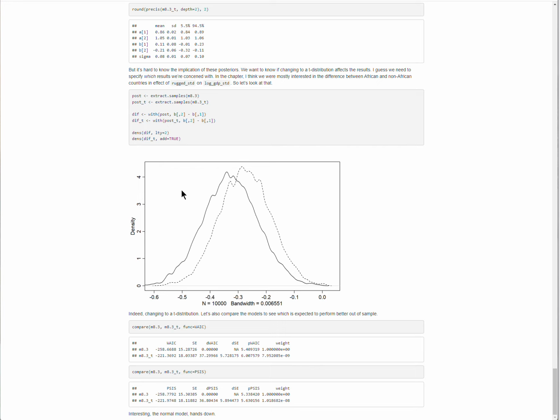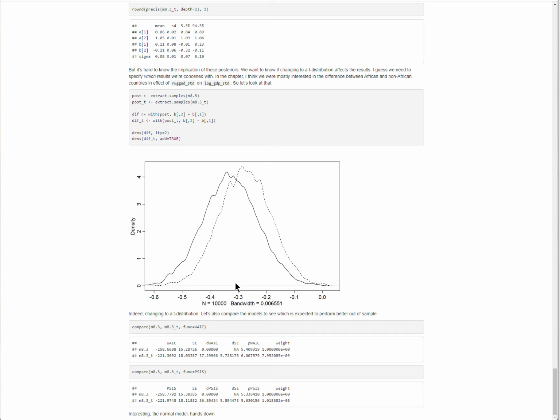The t-distribution is the solid line in this case. When we go from a normal distribution to a t-distribution, we do see that the posterior shifts. So there is some effect of using a t-distribution to estimate things.